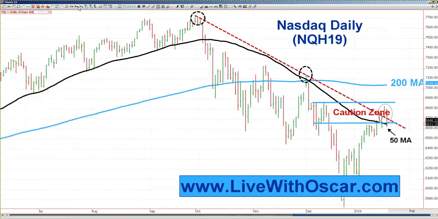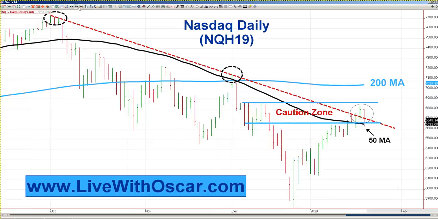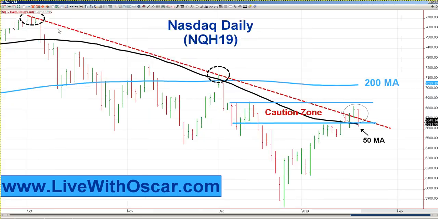Nasdaq. Look at this one. Up here. It hits again up here, the red line. So follow the market. It creates the line. The line starts here. Shows us resistance again.